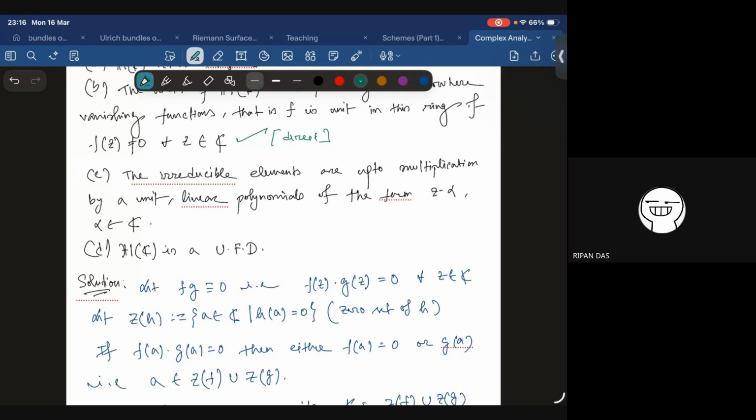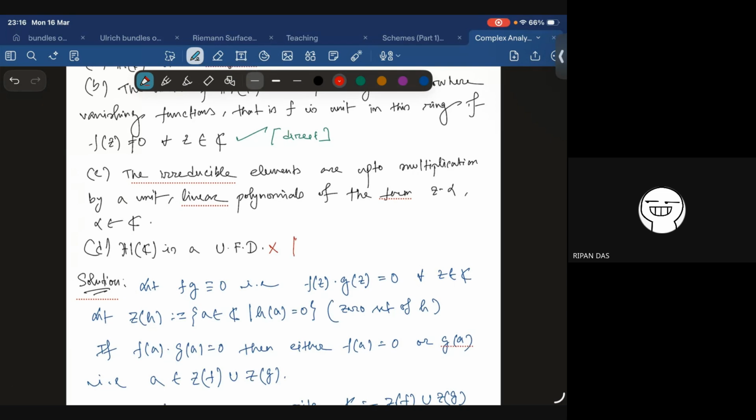By the way, H(C) won't be a UFD, okay? Because there are functions like, okay, but first I will have to write this, otherwise I won't be able to write the logic of D. So let's see if C is irreducible. The irreducible elements of H(C) are, up to multiplication by a unit,